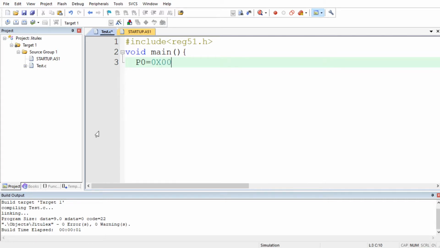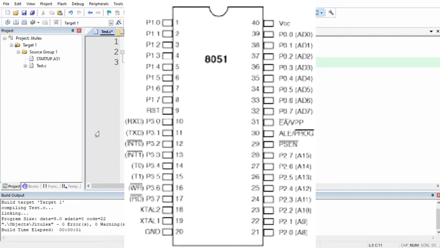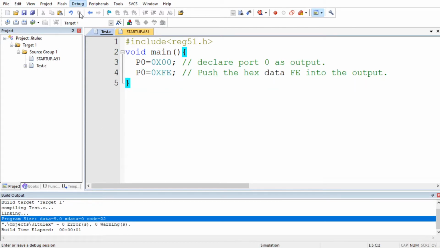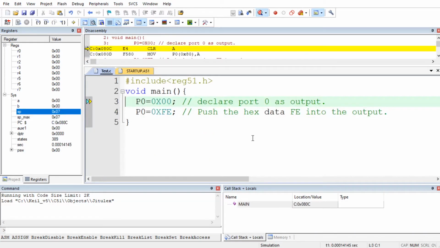Now what I have done here is I have assigned the input output port P0 of the MCU as an output, and then I assigned it a random 8-bit number. Which means when we run this code, we can see the 8-bit number being shown on the output. To do this, we can press F7 to build the target and go to the debugging mode, which, as the name tells, allows us to simulate the code.